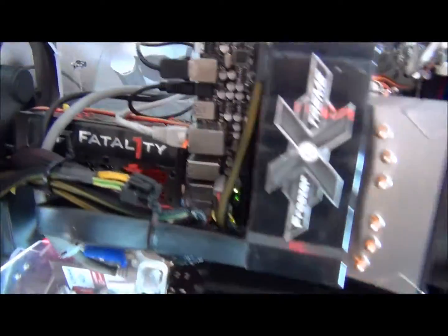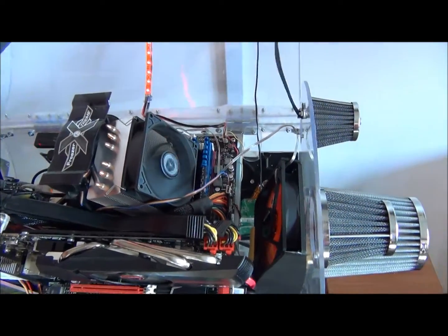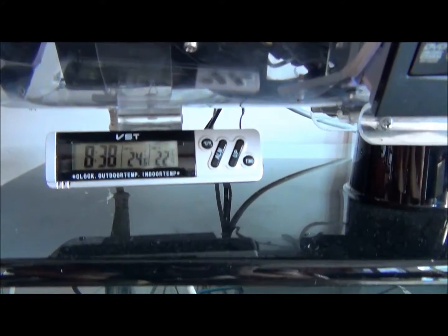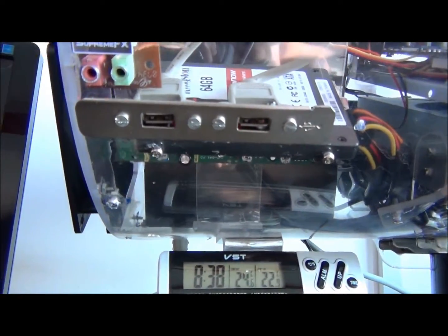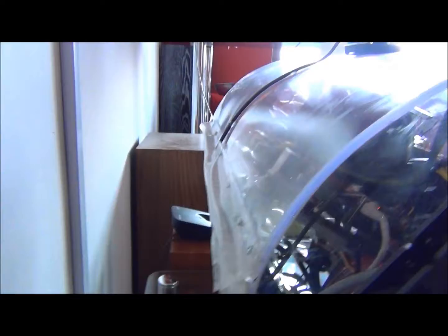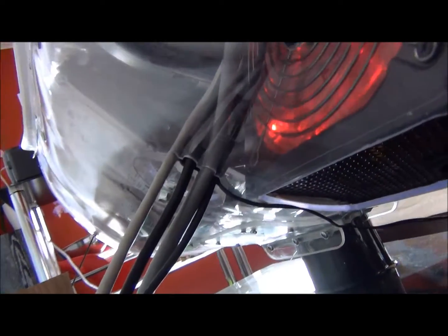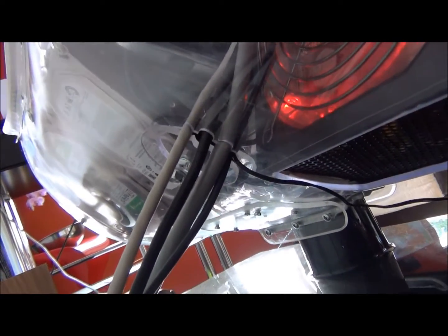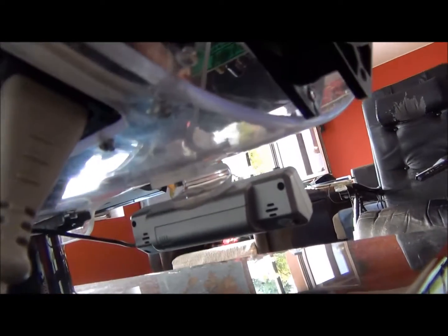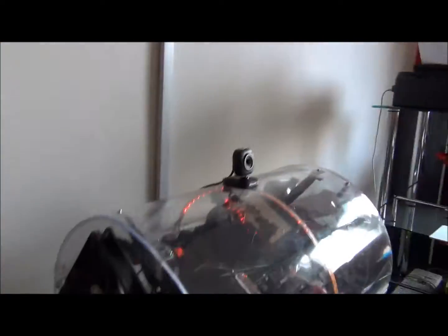So this is the inside, and of course, as I don't want to open it all the time, I have put a total of 4 USB ports outside. Only 2 are occupied right now, and in the back there is kind of a hole, but a covered one, so the wires can get out without a problem. Okay, this is